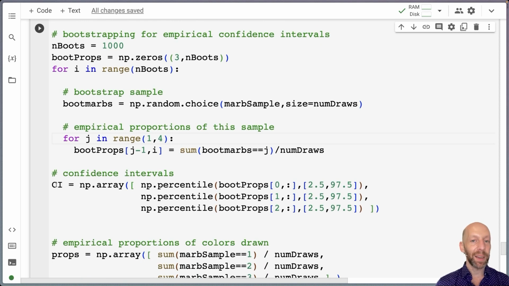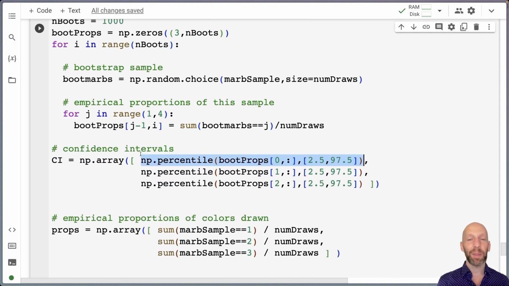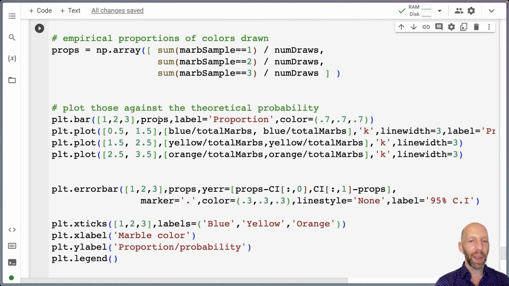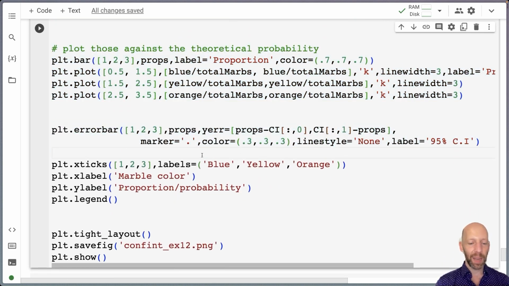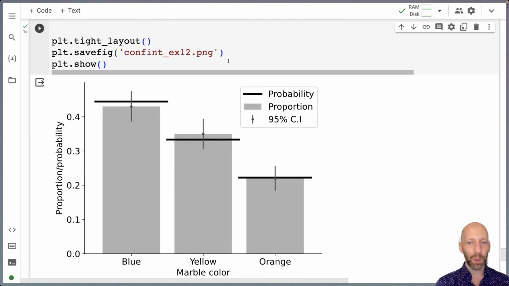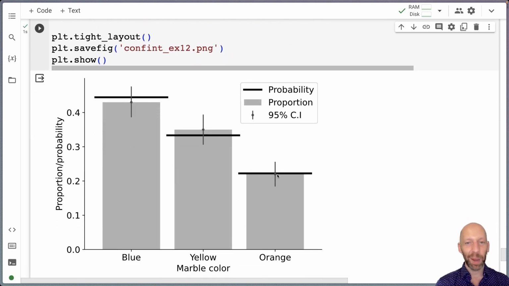Okay, so then here we get the confidence intervals. Obviously you recognize this code with a percentile. We need this 3 times, right? Because we have 3 different confidence intervals for 3 different colors of marbles. Okay, and then the rest of this code is the same as in chapter 8. This code is new, putting in these error bars, and let's see how it looks. So you see, this is a really tight match over here. That looks good. In all cases, the true probability is contained inside the bounds of the empirical confidence